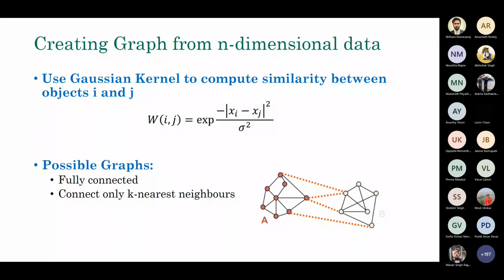A relatively better solution is that you only connect to the k nearest neighbors. You don't want to connect me to everybody in the world. You simply want to figure out who are my closest neighbors, say 10, 15, 20, whatever, and only attach an edge and the corresponding weight to them. So that's how you create the graph from n-dimensional data. Now I want to pause for a moment and ask if you have any doubt, because if you don't understand this, it may be difficult to appreciate what is going on later.